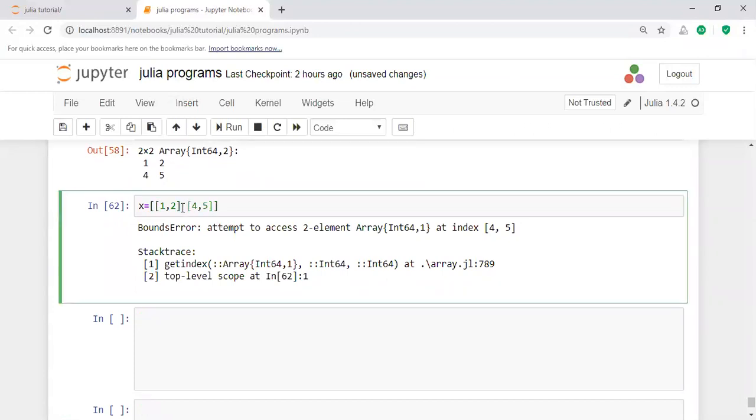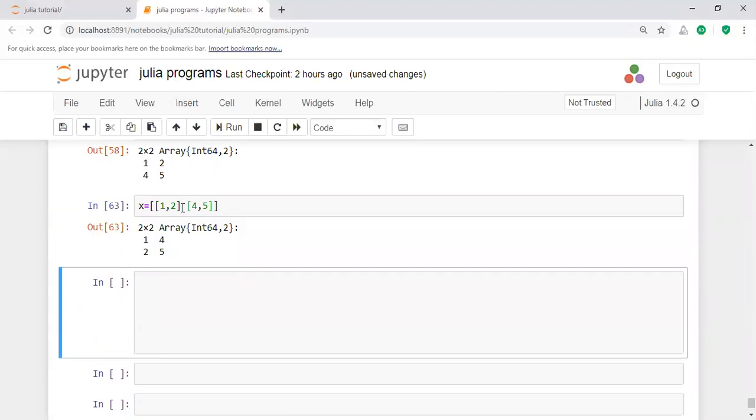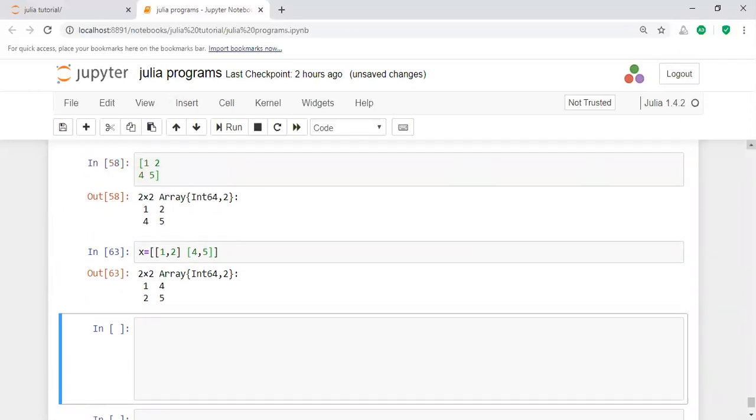Yeah, here if you execute this one, that means this is the same array represented. That means this is called here the continuation. The Julia allows the continuation operation. Here the same array, two-dimensional array or multi-dimensional array, is implemented in this way.